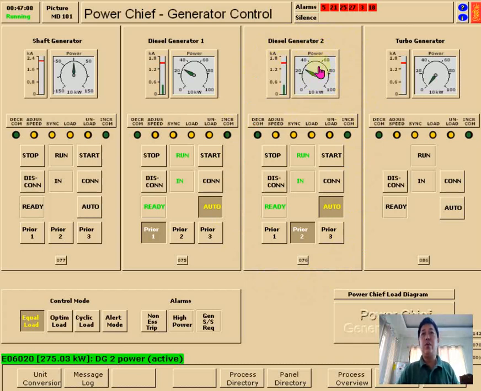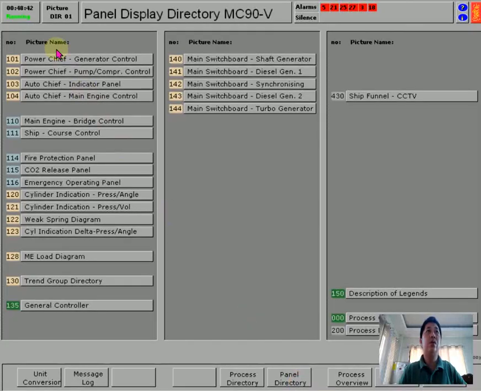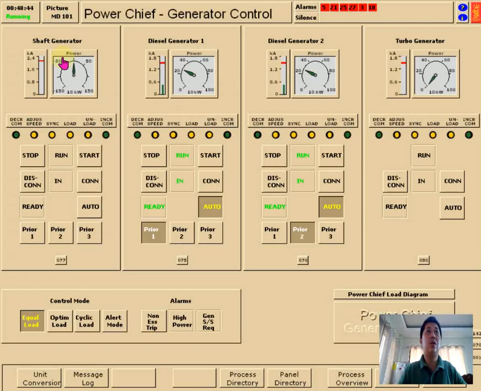Normally on board the ship, we have a load below 400. It depends on the ship. If the ship is new, it can take a load of more than 500 or less than 600. In this condition, if you start another machinery and there is additional load, say number 2 is priority 1 and number 1 is priority 2,